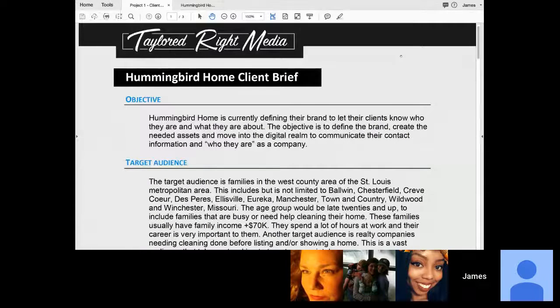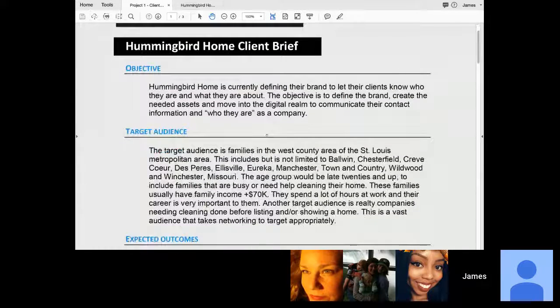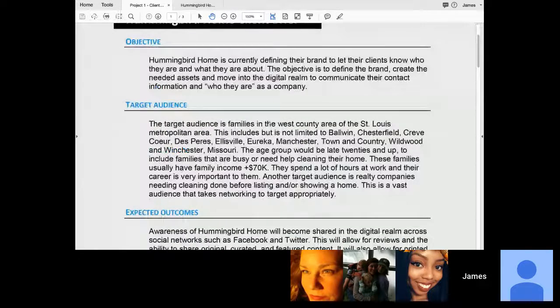So it's going to be Hummingbird Home. She's currently defining her brand, and she needs assets, as in the number one asset that she came to me for is a logo. I kind of expanded it to the website, because she eventually wants a website anyway. The target audience: she works exclusively out of the West County area right now, which is really smart because